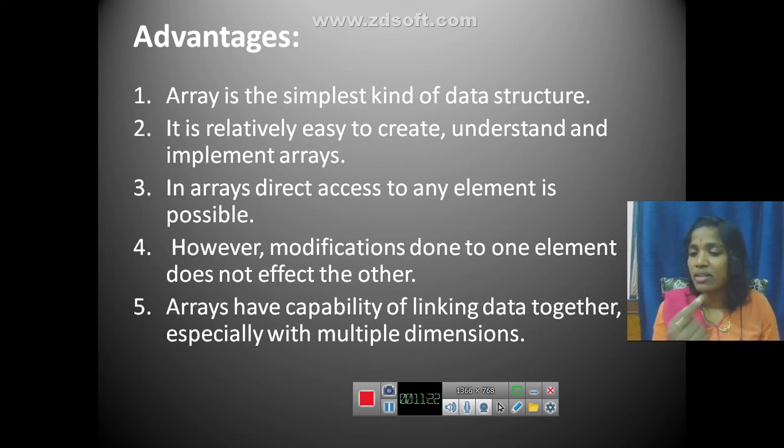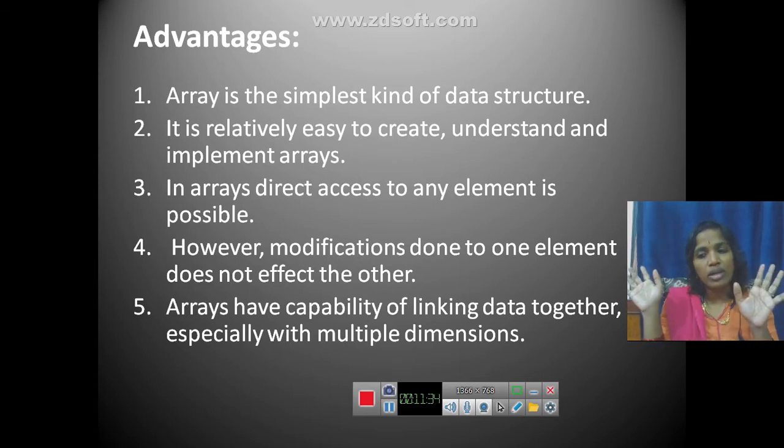As we have seen, numbers of 3 indicates the fourth element. You can directly access the fourth element using the array name followed by 4 minus 1. So using indexing, you can access any element directly. That is the beauty of arrays.